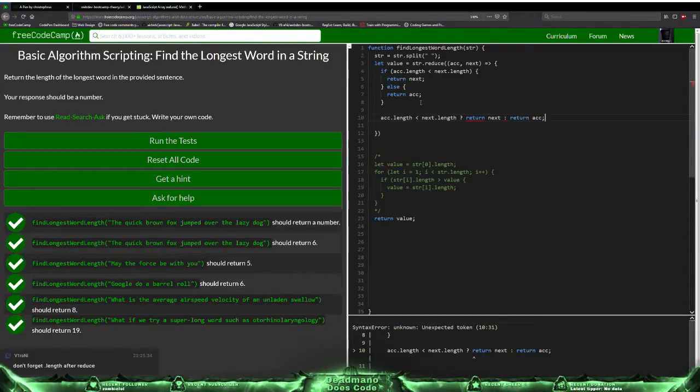That should be the same as above. Don't forget .length after reduce. Yeah,